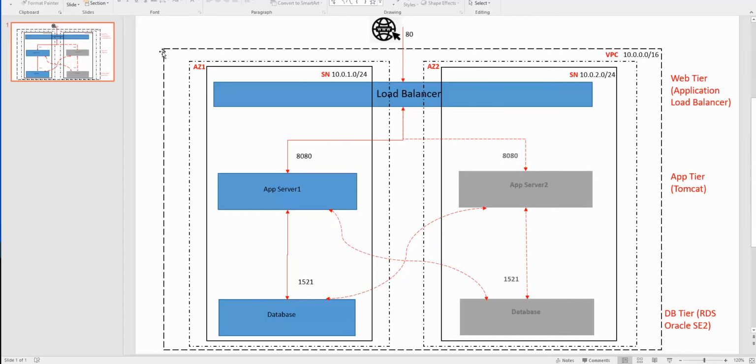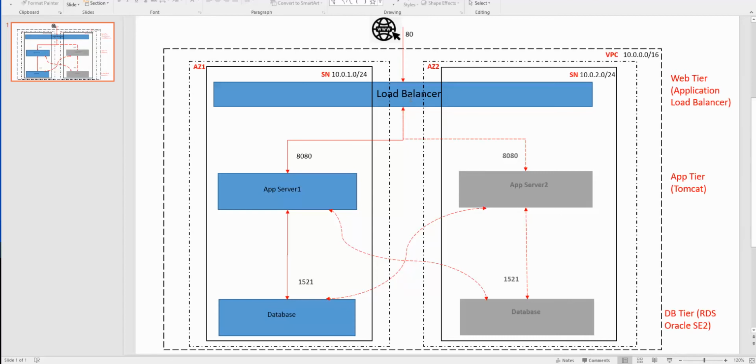What we are going to do is provision a new VPC with a set CIDR range, and then provision two different subnets within two different availability zones. On the DB tier we will have the database, and on the app tier we will have application servers. For this demo I'm going to provision only one app server, but in a production setting you can have two app servers in different availability zones, so that failover happens. The load balancer will sit on the web tier on top of these two application servers, deployed in two availability zones using two different subnets.